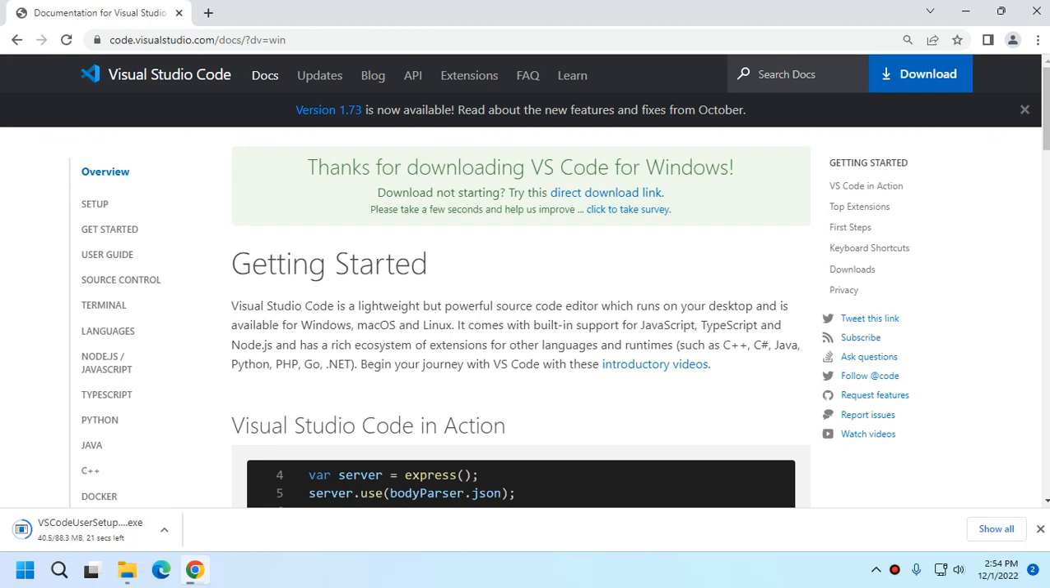So it's downloading. We need this Visual Studio Code to run codes. Okay,